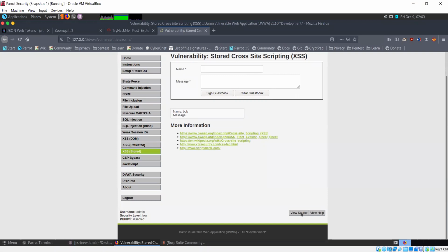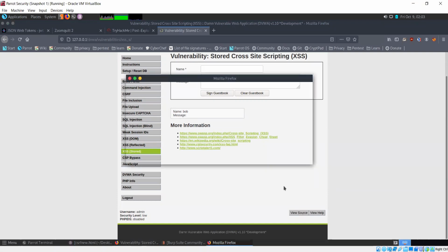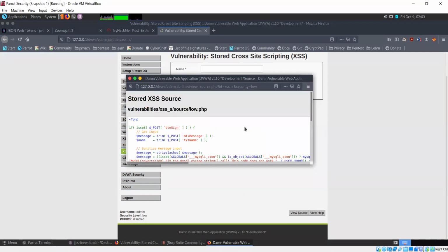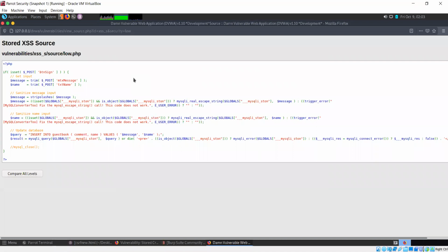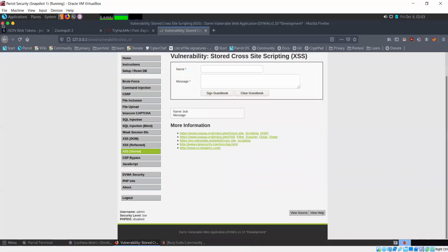If I view the source code, what I'll see is they're not actually doing any kind of validation. So our cross-site scripting is working.